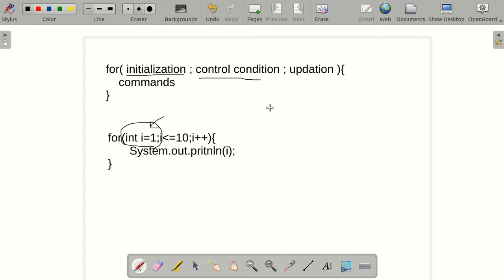As the name suggests, control condition is a condition which is the basis of when a loop will stop working. That is, till this condition is true, the loop will continue to work, and once this condition turns false, the loop will stop immediately. If, for example, over here I have a control condition I is less than equal to